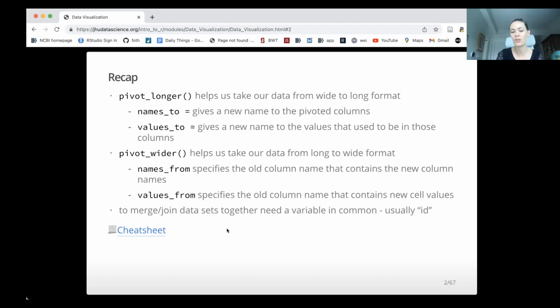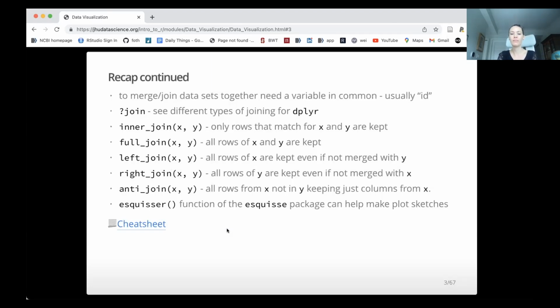And recall that to merge and join data sets together, you generally need a variable that's in common, which is usually some sort of ID, and sometimes you have to specify it like we did in our lab. And there's the cheat sheet. And we talked about lots of different types of join functions, which you can see using !join,